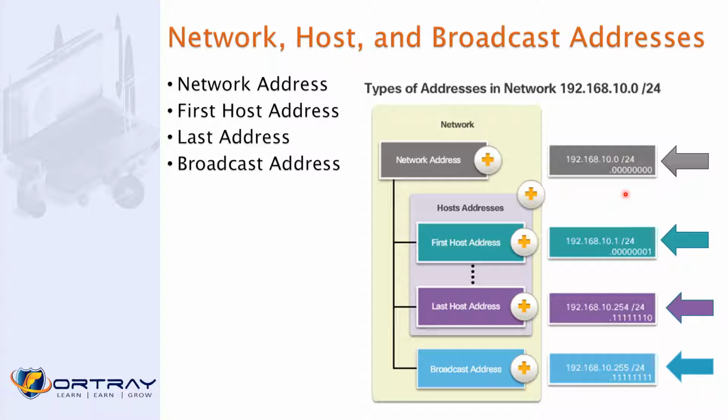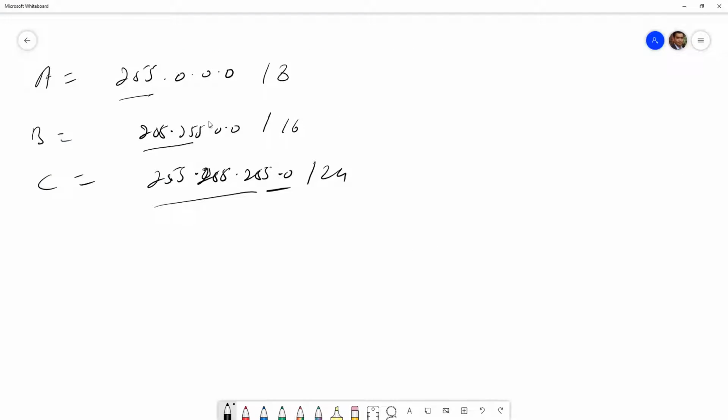The first IP will be with the first bit on. The last IP will be with all the bits on and the first bit off, sorry, from the right side. And the broadcast IP, that is the definition: if somebody asks you what the broadcast address is in IP addressing, you say it is when the host portion has all the bits on. I think it's better to write it down.